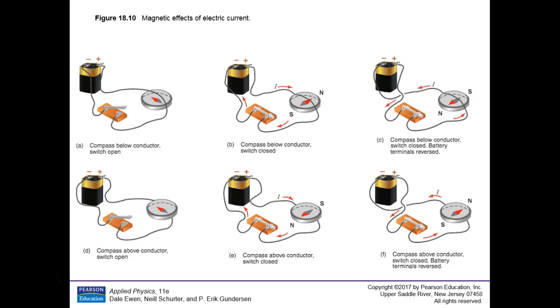Now, what if we put the positive here and the negative there, so now the current is flowing this way. Well, now with your right hand, thumb here, the fingers going under the wire are now pointing to the north. That's the way the field lines are going. So the north lines up with that.